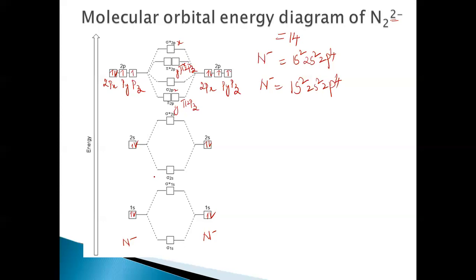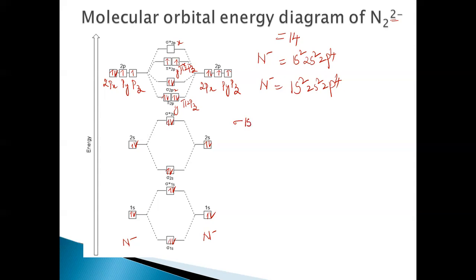Now, when you come to the filling of these molecular orbitals, again sigma 1s and sigma star 1s are completely filled with 4 electrons. Then 4 electrons also go into sigma 2s and sigma star 2s. So 1, 2, 3, 4, 5, 6, 7, 8 electrons need to be filled in them. Now filling the next orbitals, 3, 4, 5, 6, a total of 8 electrons, and 2 more electrons. So these become half filled. 1, 2, 3, 4, 5, 6, 7, 8. Now the filling is complete.